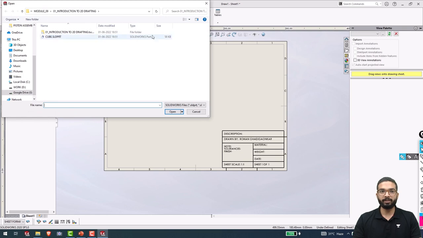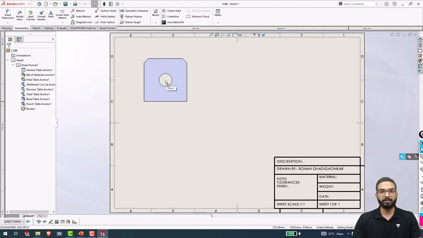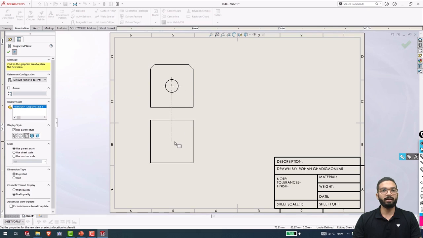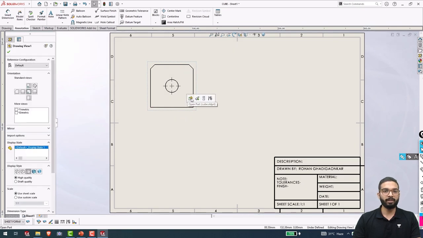By clicking on these three icons over here, I will select this cube that we had selected. Now let's say I will place the front view over here like this. I will tell you why I am adding all these views. I will just add one view and then press escape. I will click on this view over here and then go to the part, that is, I will open it